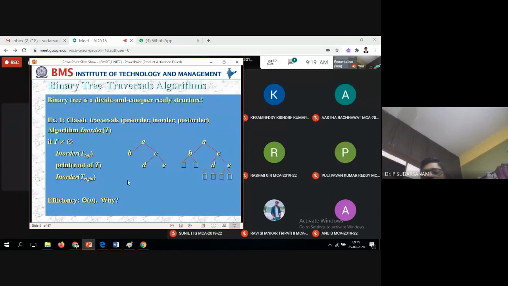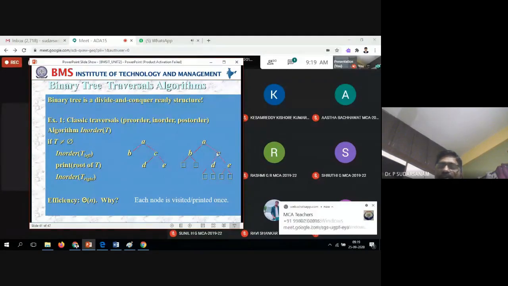That's it. So that is what the algorithms you have learned. You can see in your book also, whatever you have learned in the data structures, that one only will be there. So now time efficiency is nothing but order of n for each visitor. Order of n means every node you will be visiting. For example, if you take it, A also visiting, B also visiting, left you don't have, next right you don't have, then going back to here, and right hand side coming here, you don't have any nodes, leaf nodes, and go back, go back, go back.